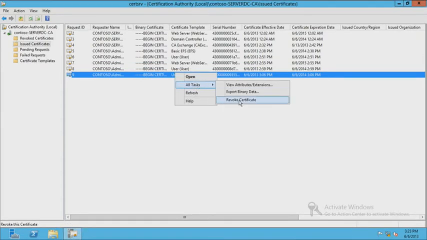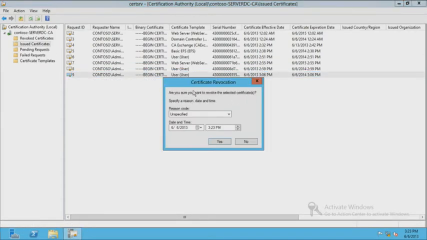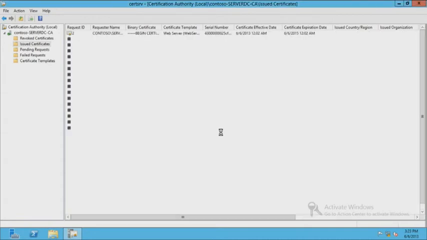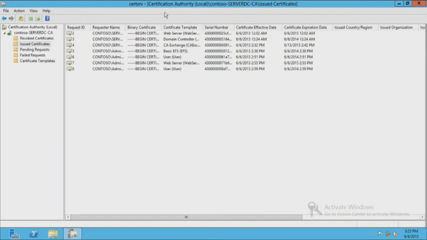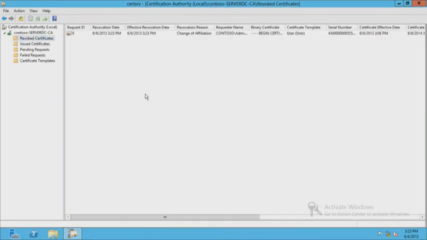All tasks, revoke. Are you sure you want to revoke it? Give us a reason and a date and a time. In this case, we can say change of affiliation. That user is no longer with this organization. And yes, the certificate vanishes from here and has now been placed into revoked certificates. What this means